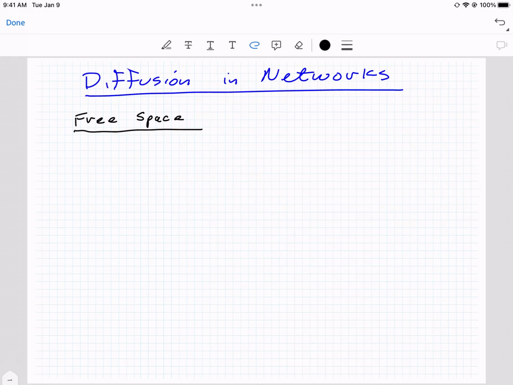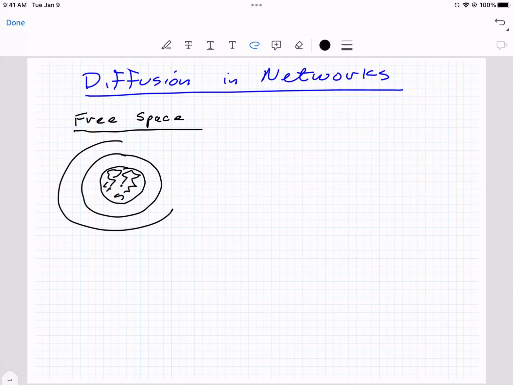And so we can have an ensemble of random walkers, and so they can do their random walks, and another one, and another one. And so what happens is that we actually get densities, right? And so you can actually create these contour plots of decreasing density, and the contour plots will actually expand outward